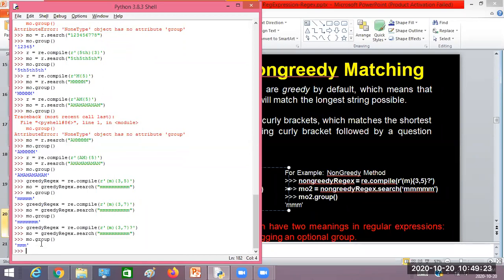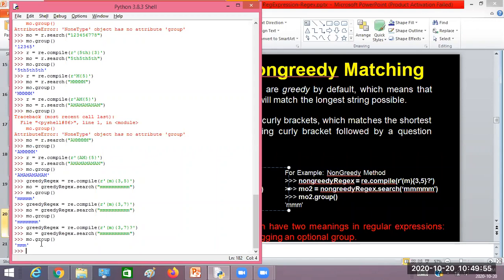That's the difference between the greedy and non-greedy methods. The greedy method always matches the maximum, the longest possible match, but the non-greedy method always matches the shortest possible match, meaning the first occurrence of the required match is used for stopping the pattern match. Did you get this difference between the greedy and non-greedy methods?